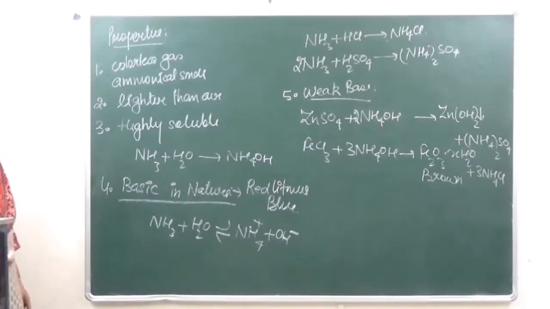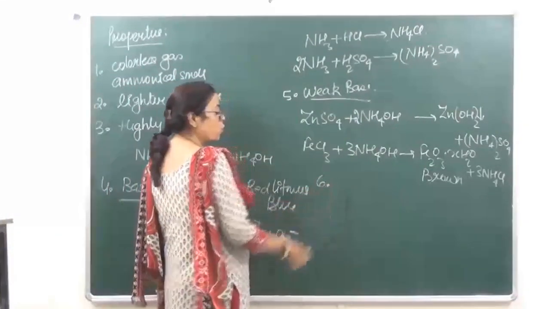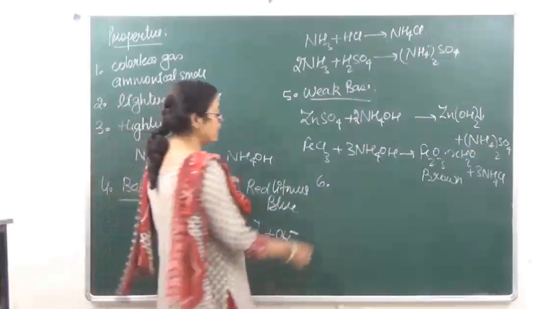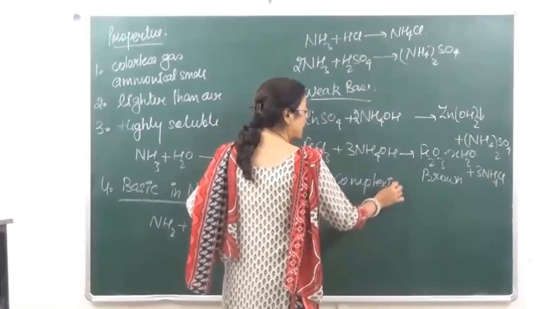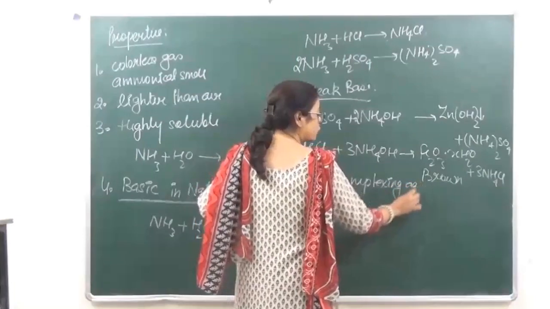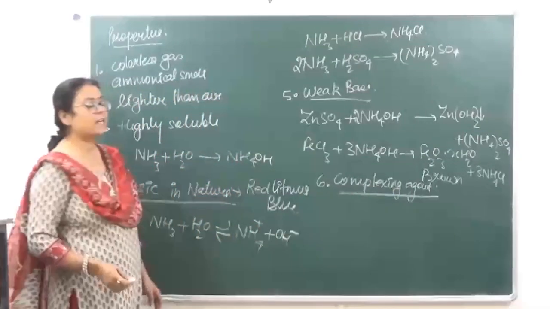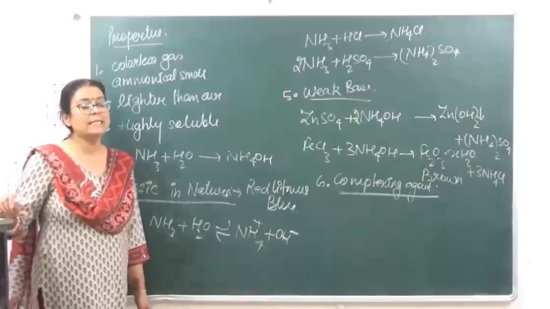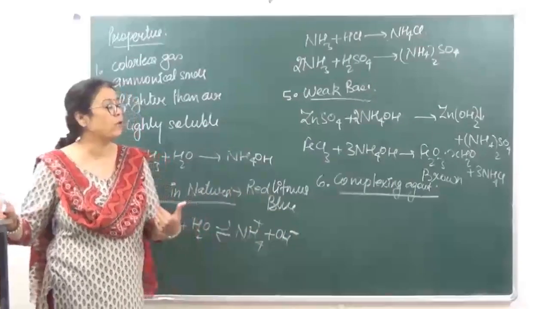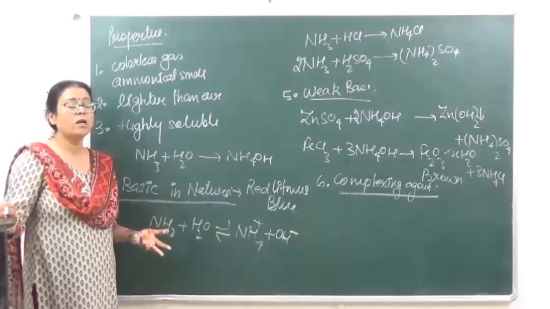Now we already know that ammonia has a lone pair of electrons. Due to the lone pair of electrons on ammonia, it behaves as a good complexing agent. It can react with all those metals which have empty d orbitals, and these d orbitals are going to accept the lone pair of electrons which are present in ammonia, and therefore form